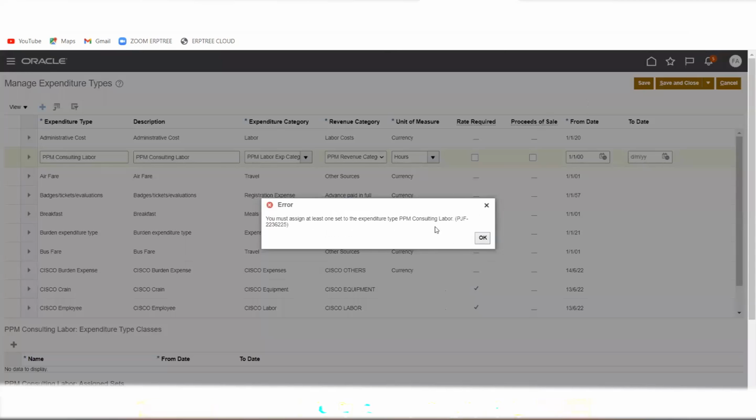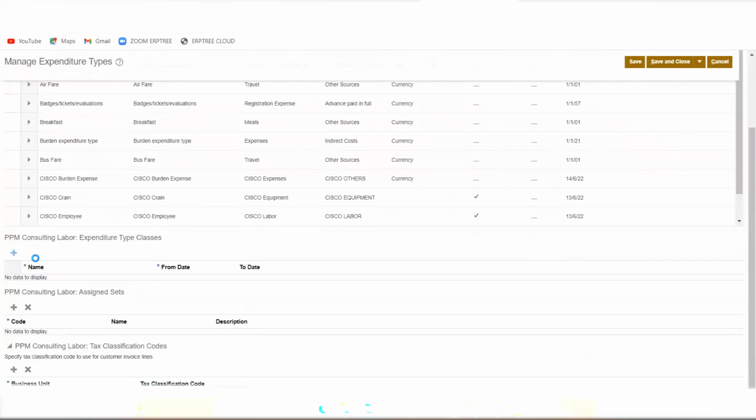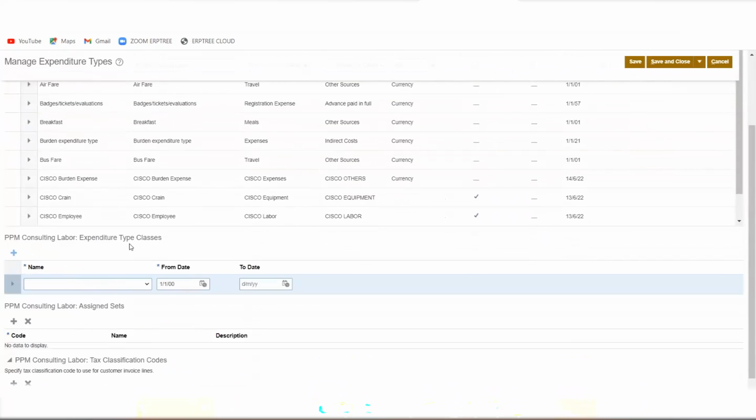You must assign at least one additional sales. Right. Now this is where the reference data set comes. So first of all, the expenditure type classes. We have these many expenditure type classes, and these are a standard list provided by us. We cannot add any list of values here. So when we are adding the expenditure type, which is capturing R, I must use straight